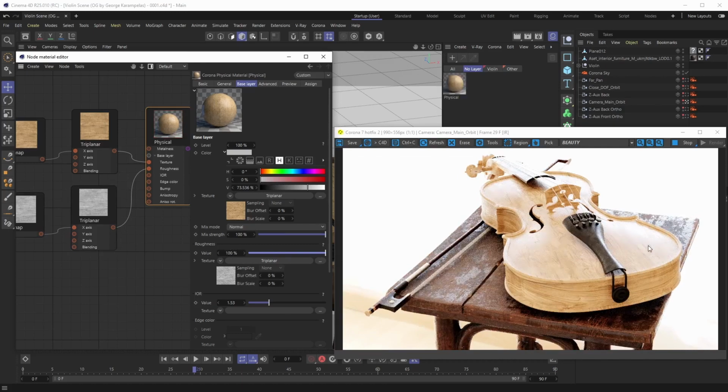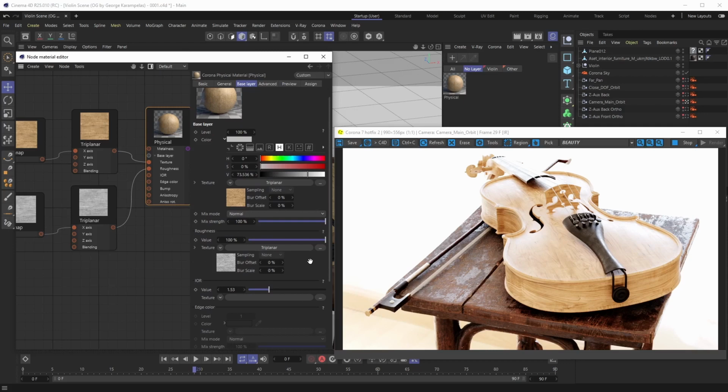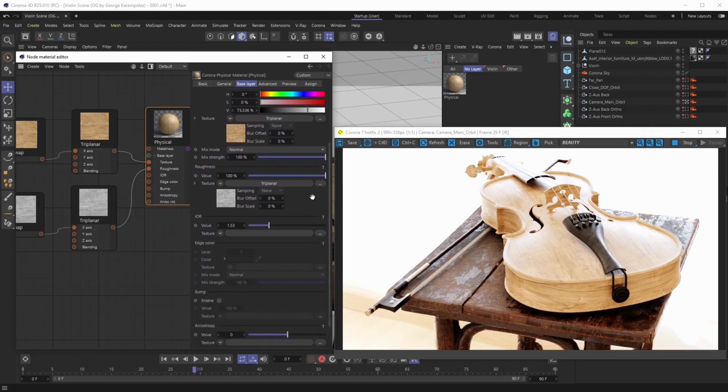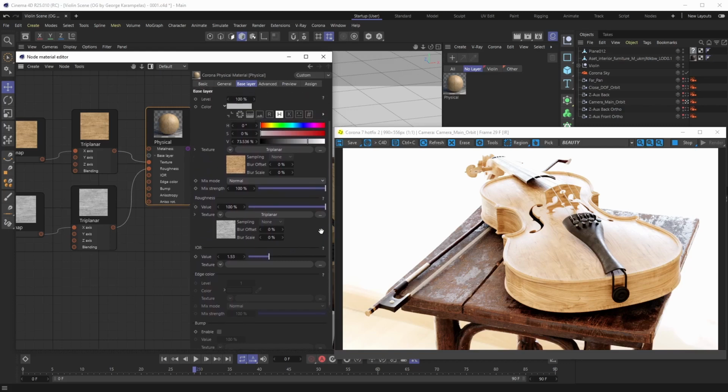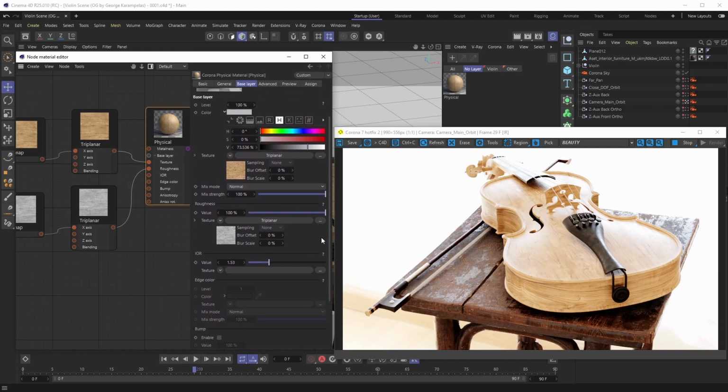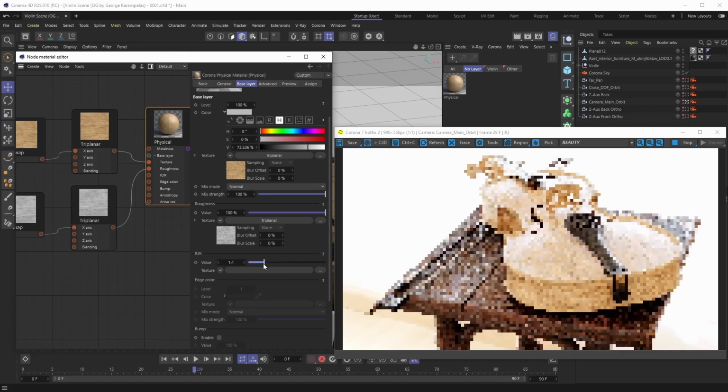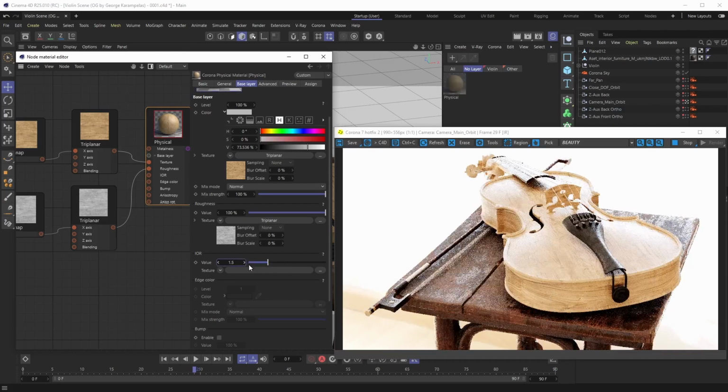All right, cool. So with the roughness now sort of demystified, if you will, not that it needed a lot of demystifying, but hey, let's talk about the IOR parameter. The IOR parameter works exactly the same way as it did with the legacy material. You just set it to a value where you want to set it, or you can plug in an IOR map in here. But additionally, with the new Corona physical material, you can go under the advanced menu here again,